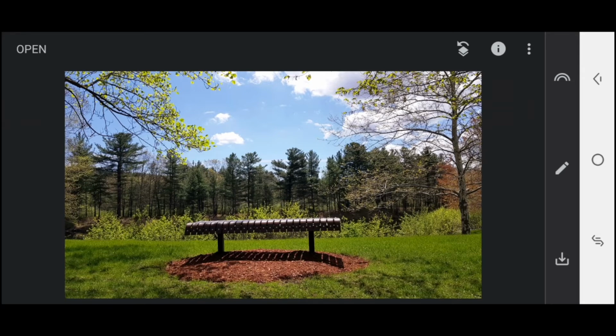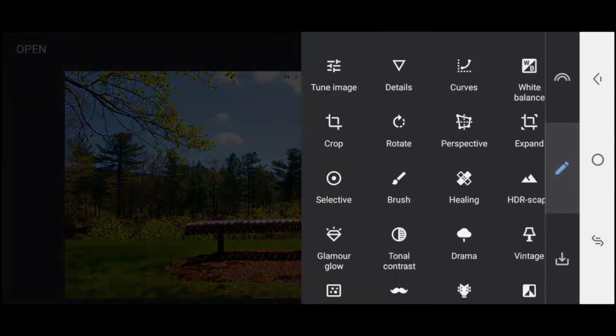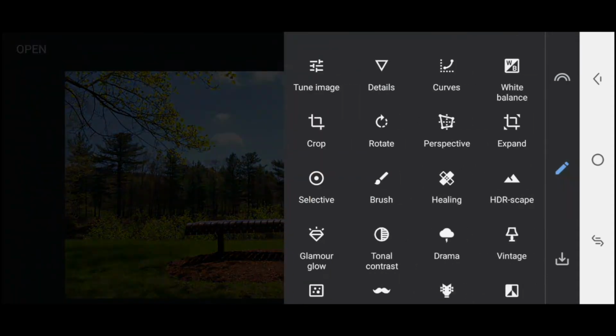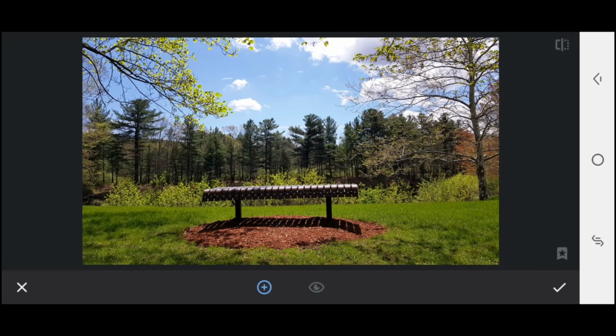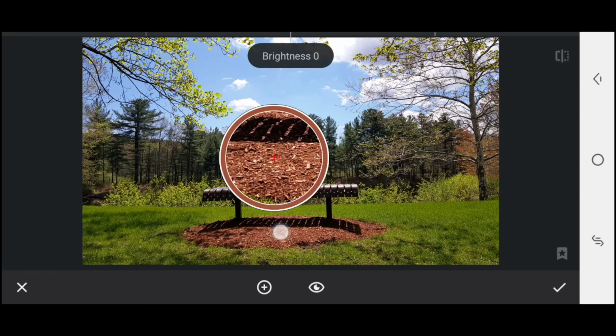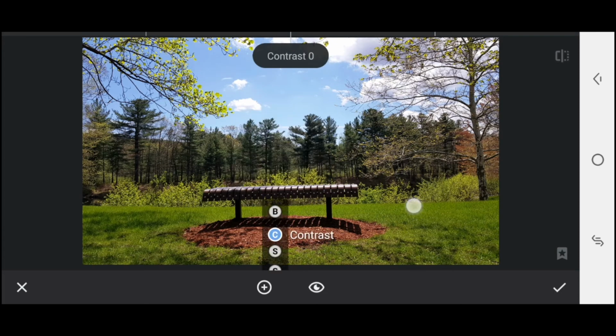So one thing I still want to do is probably increase the colors of certain areas so that they pop out even better. Let's see how we can do that. Yeah, I'm going to use the Selective tool. The Selective tool is very handy when you want to apply certain image tuning to only specific regions, or more importantly, to a specific color in a given region. So in this case, I'm trying to enhance the saturation of only